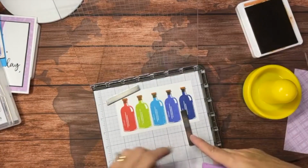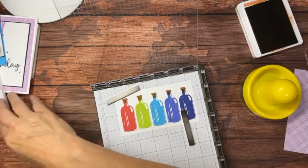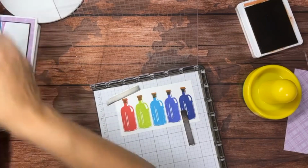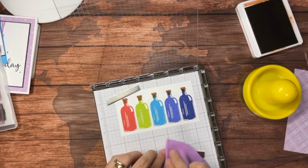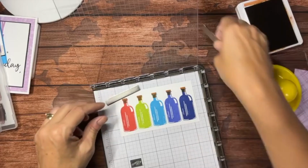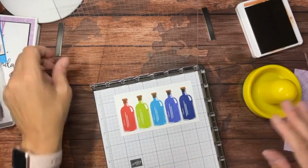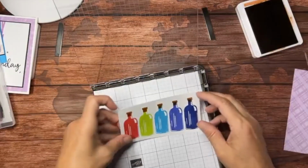But I noticed that some got on my magnets, so I want to be very careful. So even though it won't get on your paper, the magnets have a thickness, so you want to pay attention to that. And if you get something on the magnet, just go ahead and clean it off before you try to move it, because otherwise you're going to have ink on your hands. So again, I want to keep my magnets pretty far away from each other, so I usually just put one on my right and one on my left. And there